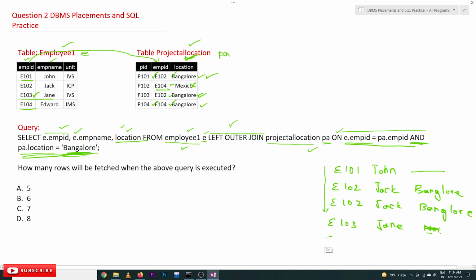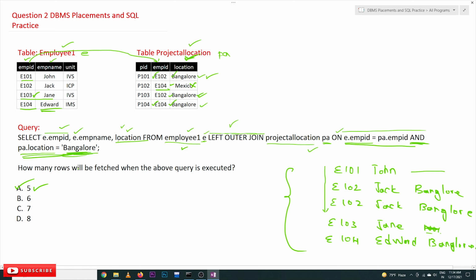So the output is going to be E104, Edward, and the location is Bangalore. This is the output of this entire query. How many rows got printed? We got 5 rows. So the option is A.